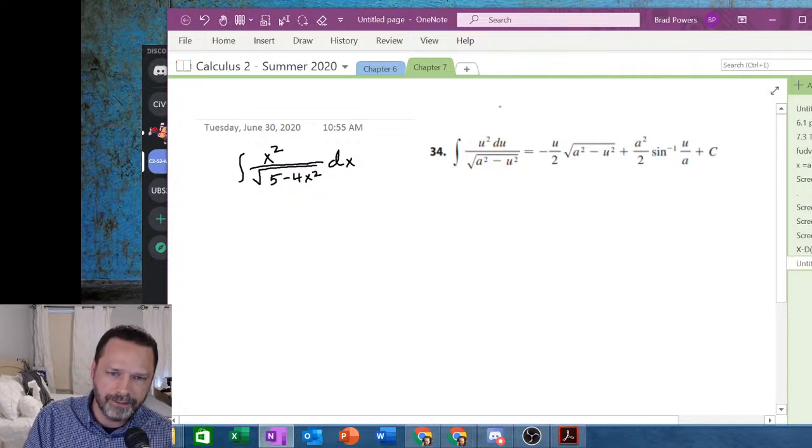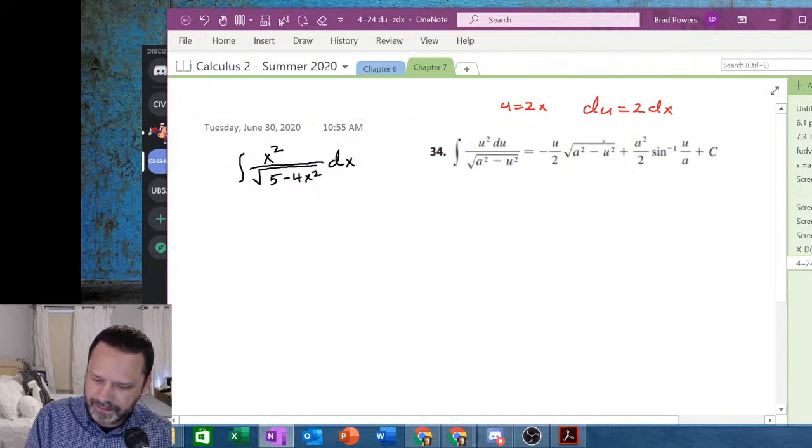Your book would have you do this: u equals 2x, du equals 2 dx, and then use the formula. But I think that's unnecessary. But you can see if you did u equals 2x, that root would turn into 5 minus